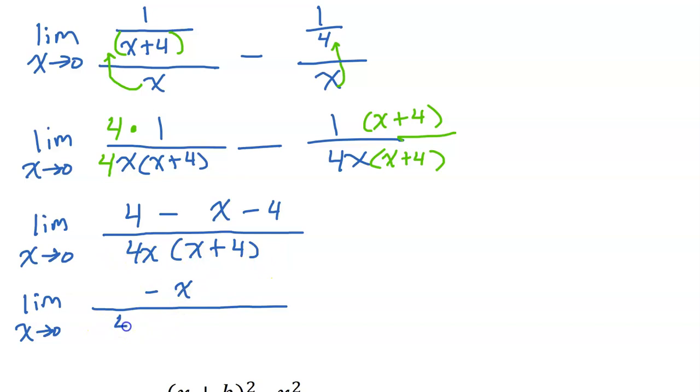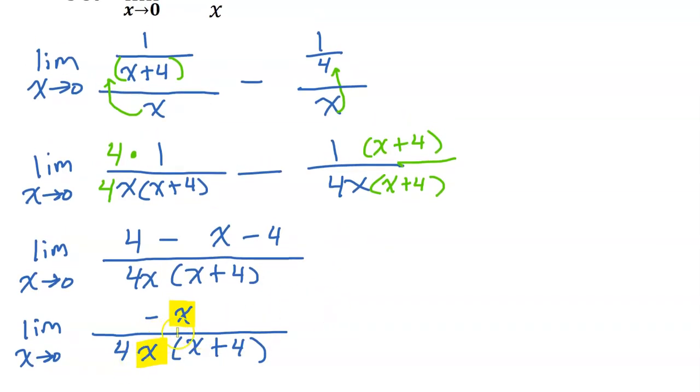And the denominator is unchanged at the moment. So we have 4x times x plus 4. Notice that we have a common factor in the numerator and the denominator that we can cancel out without changing the limit. So if we cancel these out,